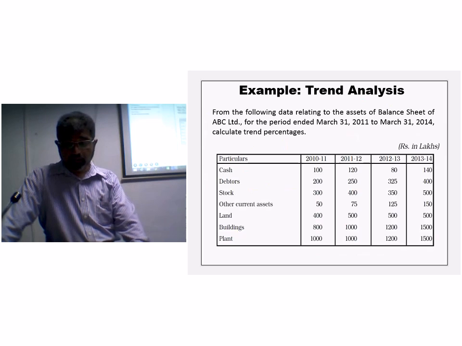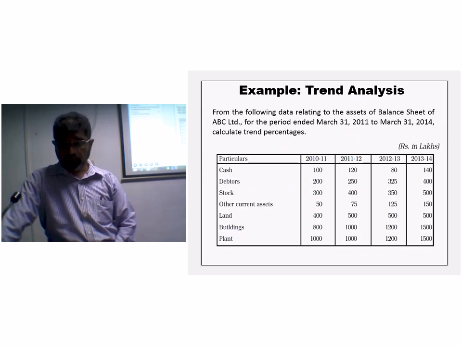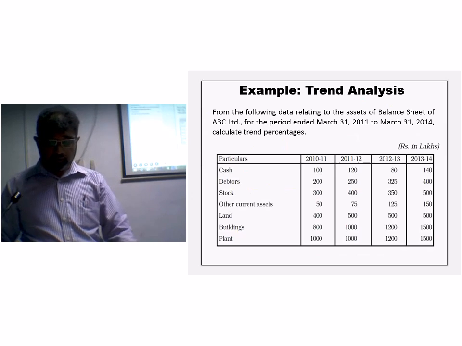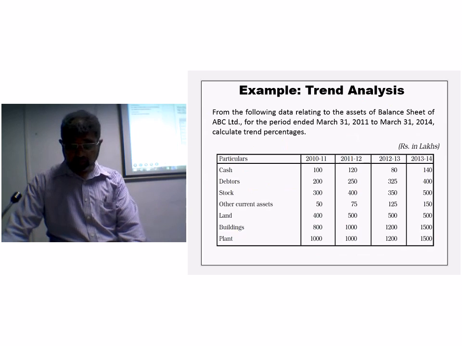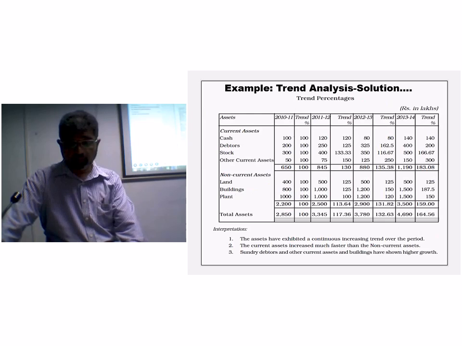Then you can see the values for years 2010, 11 up to 13, 14. Then again we can identify the base year as 2010, 11. Based on that we can assign values or index,